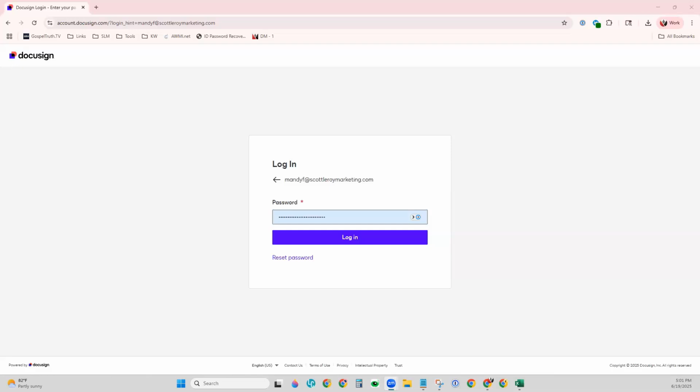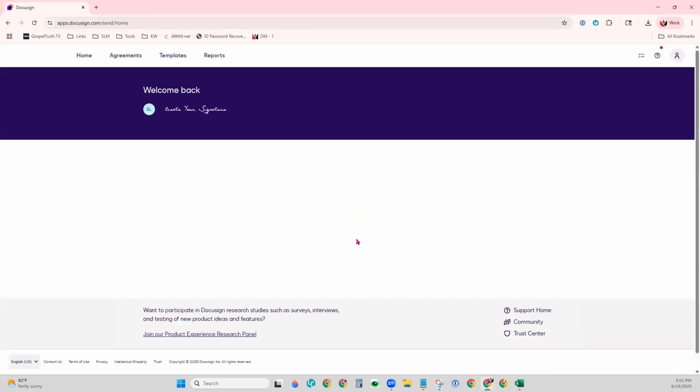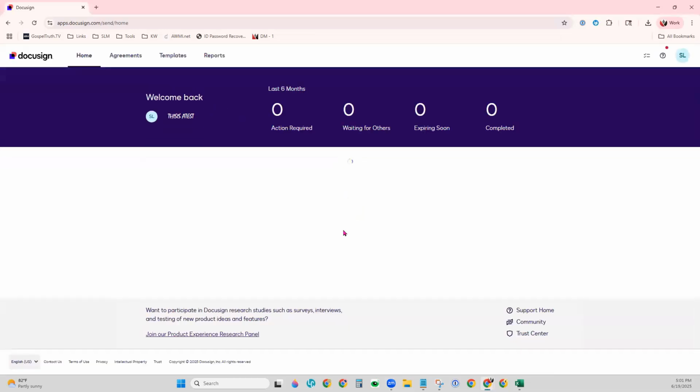I'd like to show you today how you can edit an existing e-signature template within your DocuSign.com account. So here we're on the DocuSign.com login screen. So we're going to log in directly to DocuSign. And it should already bring you to your e-signature side of your DocuSign account. Once it fully loads,